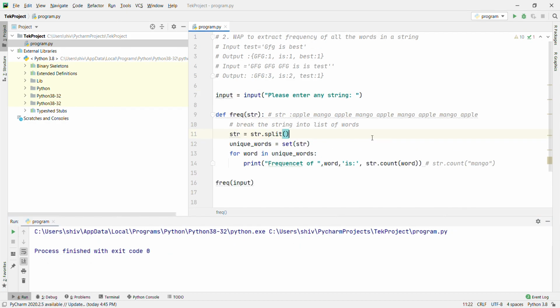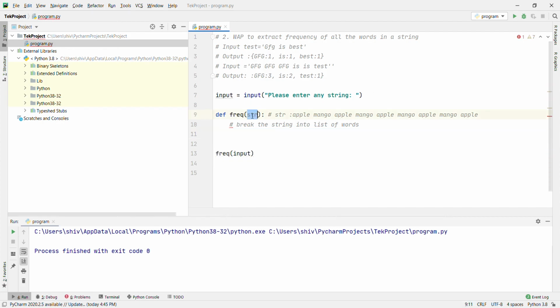Now we are going to show an easier way to write the same program. For that we have to remove this one. The input parameter is str here. Now we are going to print the frequency of the string is plus str.